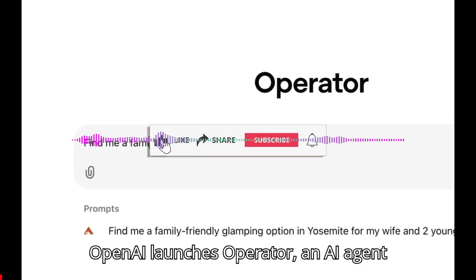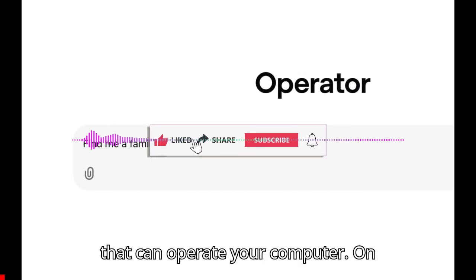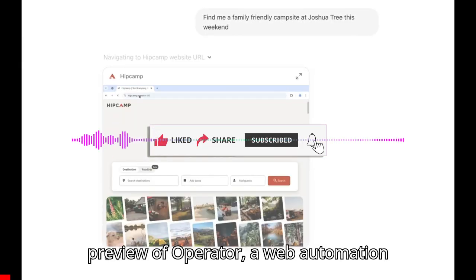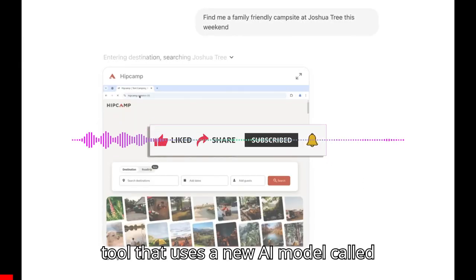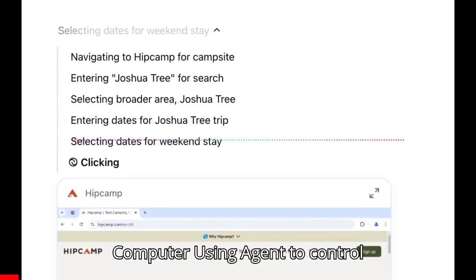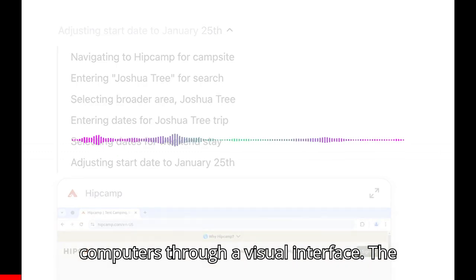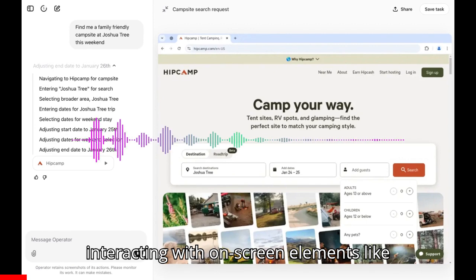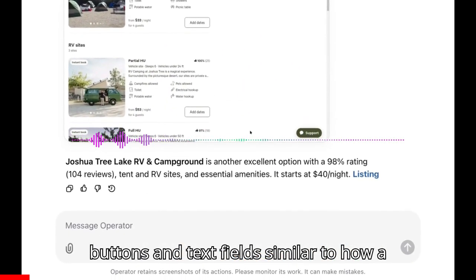OpenAI launches Operator, an AI agent that can operate your computer. On Thursday, OpenAI released a research preview of Operator, a web automation tool that uses a new AI model called Computer Using Agent, CUA, to control computers through a visual interface. The system performs tasks by viewing and interacting with on-screen elements like buttons and text fields, similar to how a